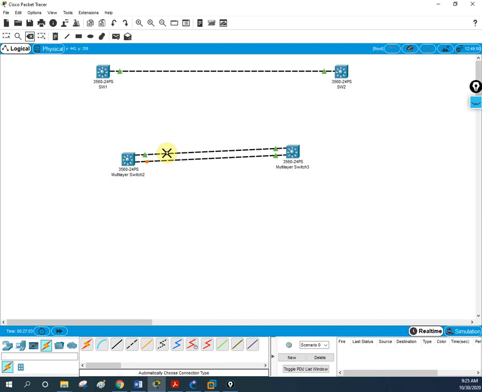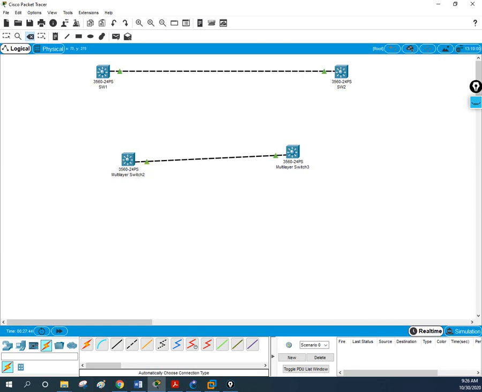So when I disconnect this uplink, see how much time it is taking for the second link. See, I disconnected it and it is not green. It is not forwarding. It will go to listening, learning, then forwarding. It will take 30 seconds. If it is in the blocking state and then goes to the forwarding state, it will take 50 seconds. But now it will take 30 seconds. If you observe here, it is still not working. Why? Because it is running normal PVST. Now it has become green. So how much time did it take? It took a long time.